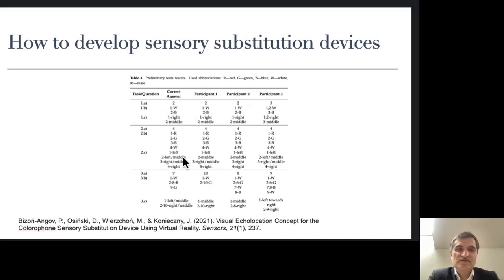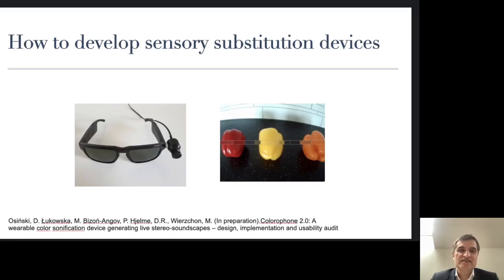And so on and so forth. If you're interested in the details of this test, you can check our Sensors paper that reports the study, together with presenting, and most importantly, the idea itself. And then the second development that I just want to mention at the very end of this talk is